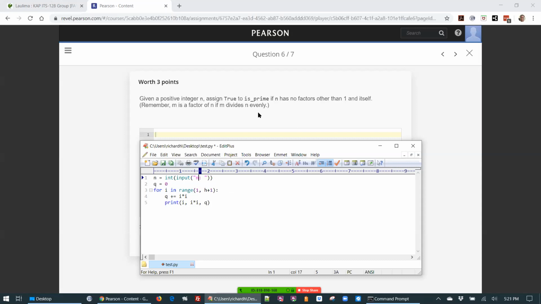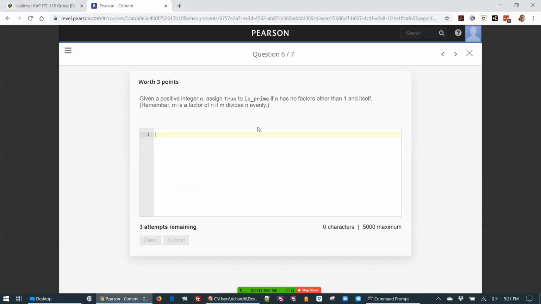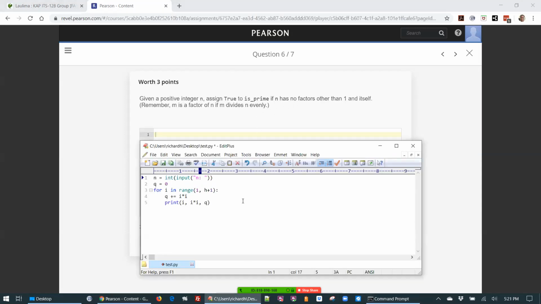In this little exercise here, we read in an n, and we set is prime. Let's set is prime equal to true. Start out by setting is prime equal to true, capital T. And then we're going to do a loop for i in the range of 2 to n,